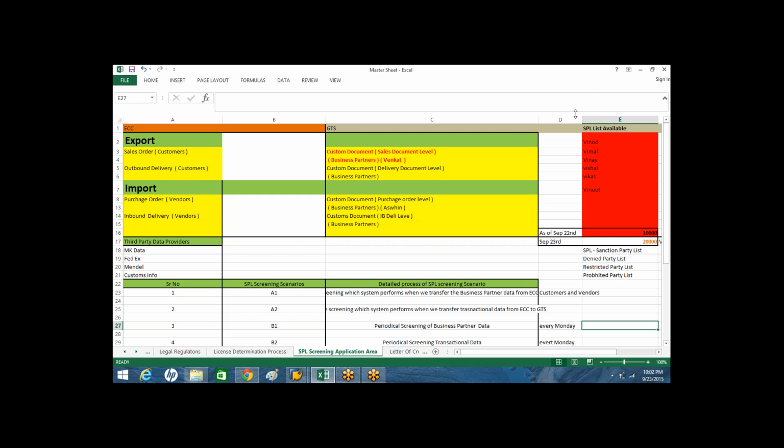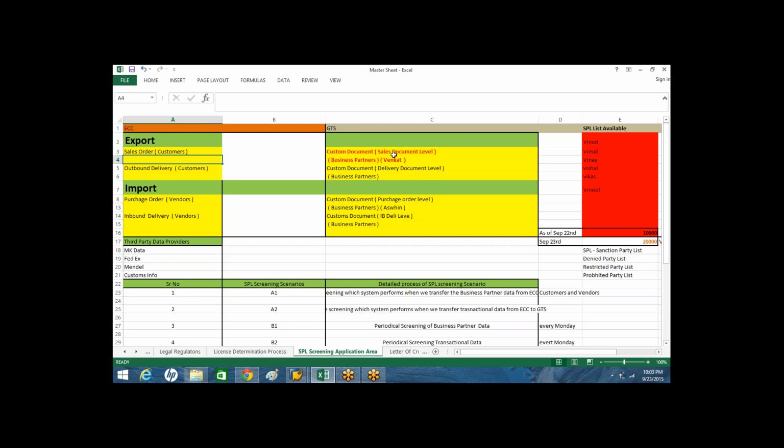I will repeat. Okay. For example, whenever you create a sales order and transport it to the GTS, by the time the GTS system creates the custom document for the sales order, if the GTS system does not find an associated organizational unit for the ECC organization, or does not find an associated business partner for the customer in the sales order, or does not find an associated custom product for the material in the sales order,